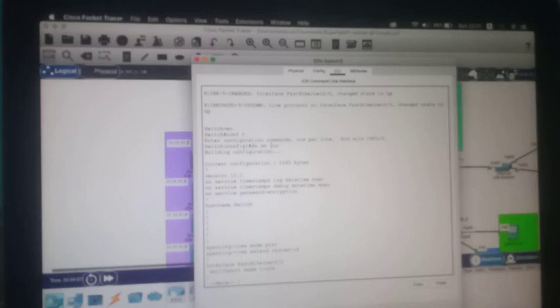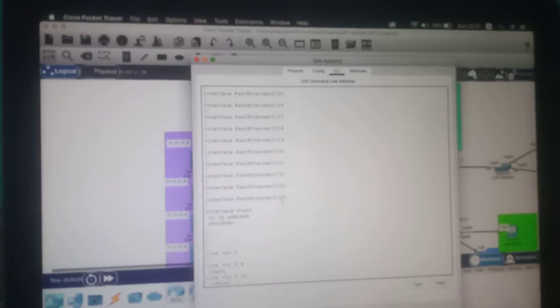This is the current configuration, and the fast Ethernet interface 0/1 and more.